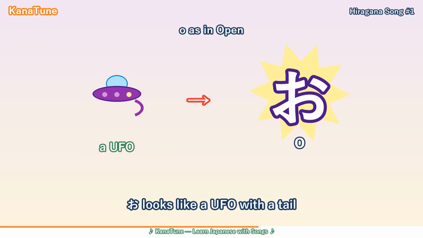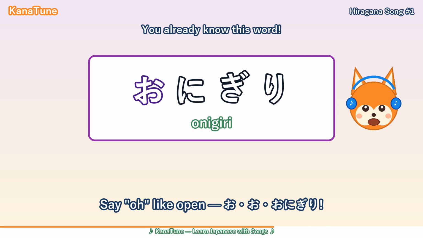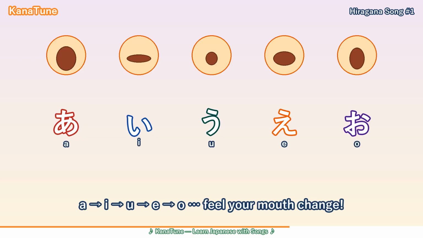O looks like a UFO flying with the tail. Say O like open, onigiri. A I U E O,